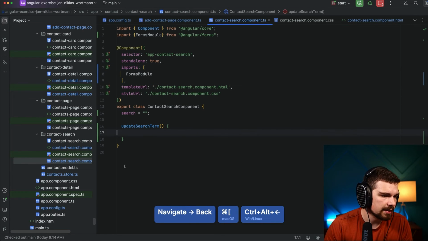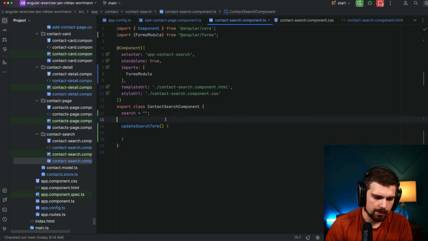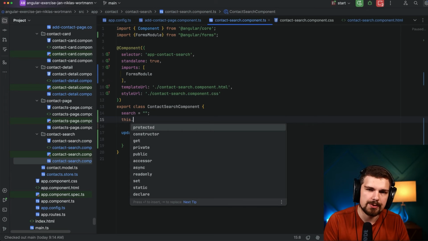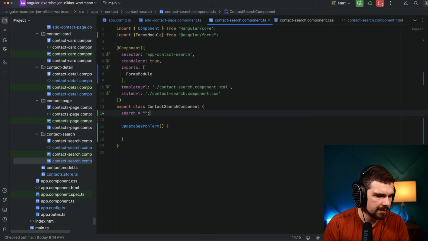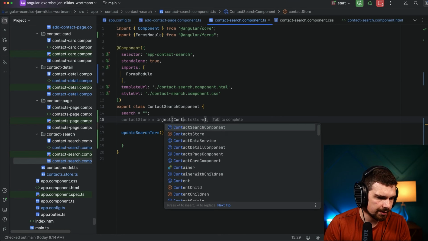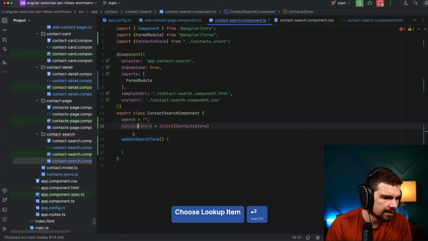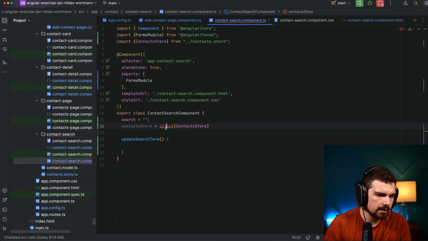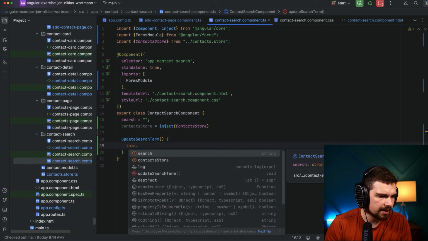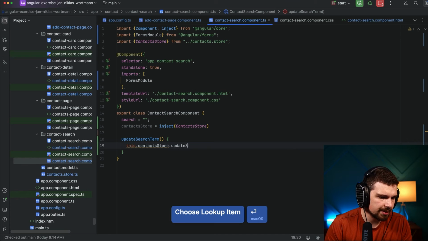Okay. So now in update search term, we want to update our state. As of now, NgRx SignalStore exposes those state parts publicly. There is an open RFC for it. I like to encapsulate this in methods though, so let's do that real quick. So contact store is equal to inject contact store, and import inject. And in here, we want to do something like contact store dot update search term